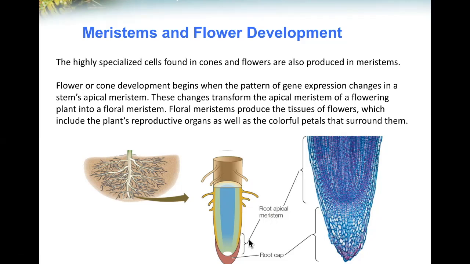the root apical meristem has a root cap for protection. It's the root cap. And here's the root apical meristem, live undifferentiated cells, also very tiny, 50 microns, half as wide